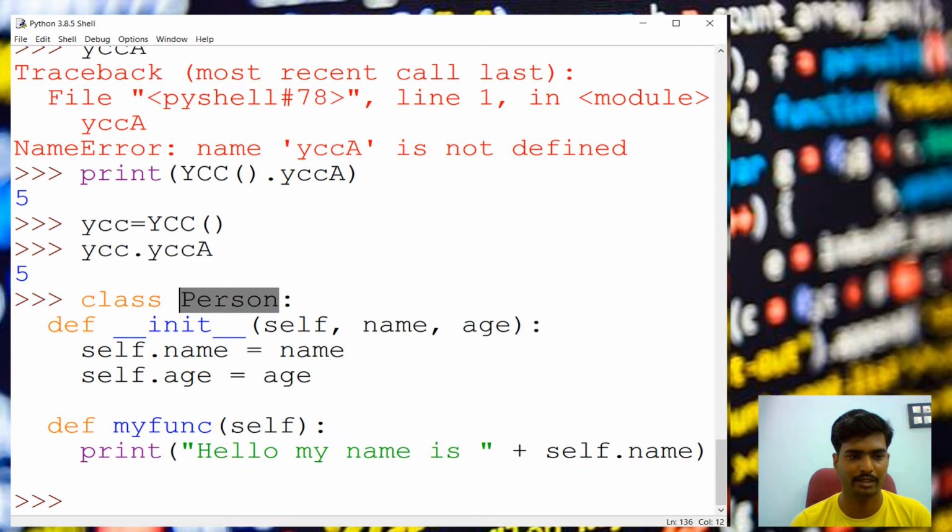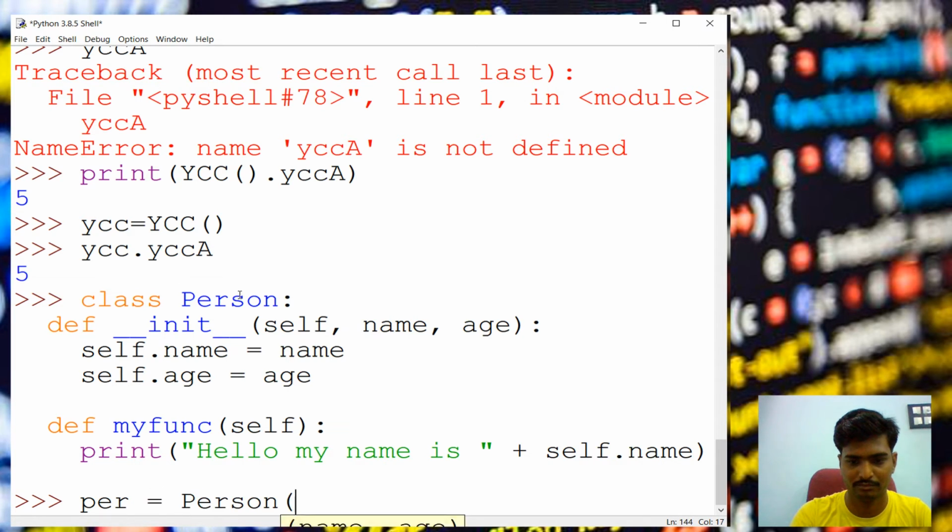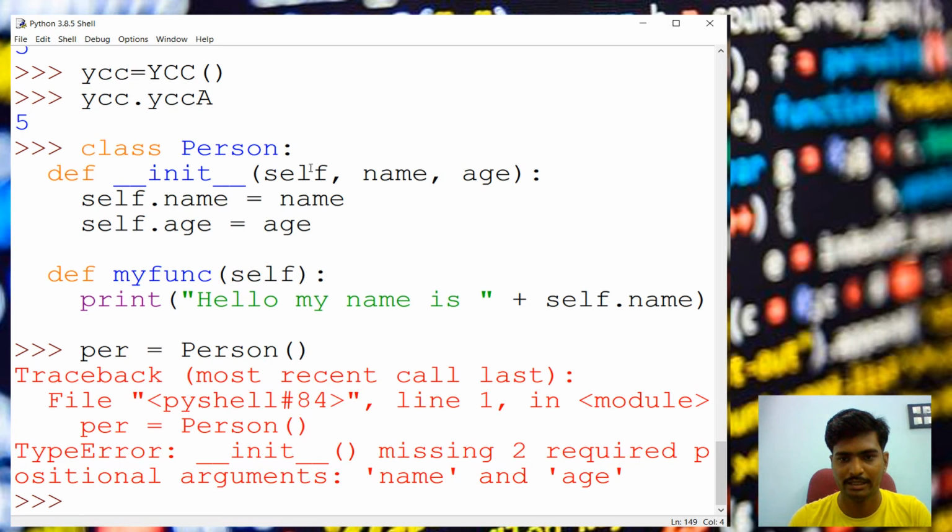So we are going to create an object for this class. You can see this object is expecting at least two parameters; it says missing two required arguments. Our first parameter is name, so I'm giving my name here, and age.